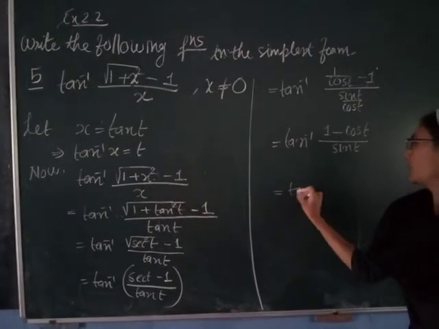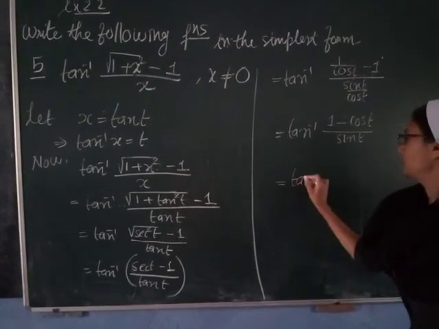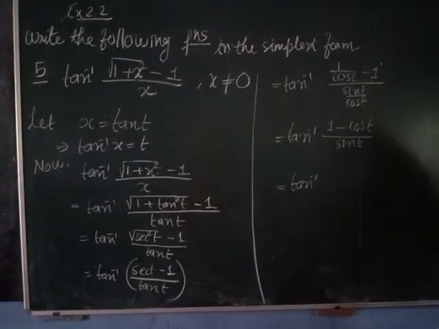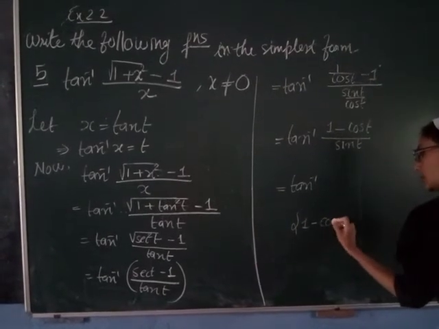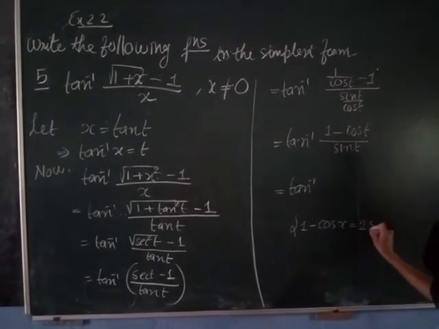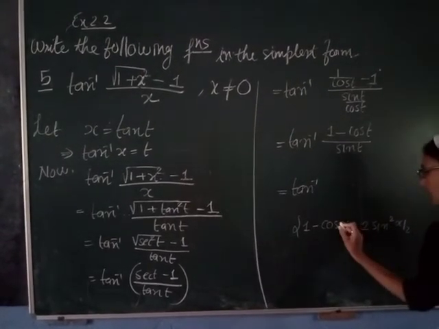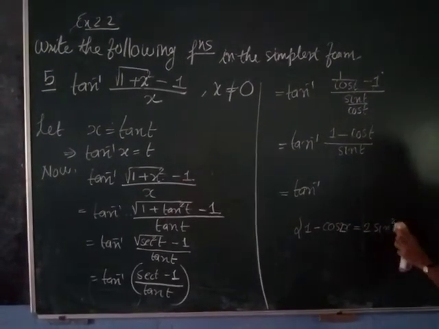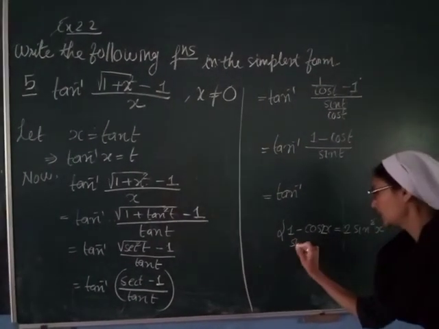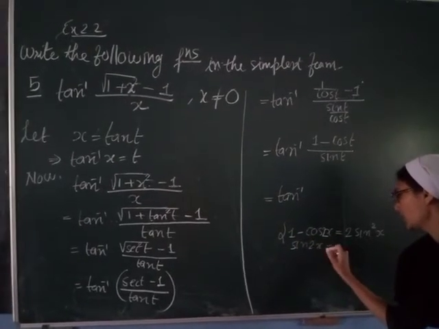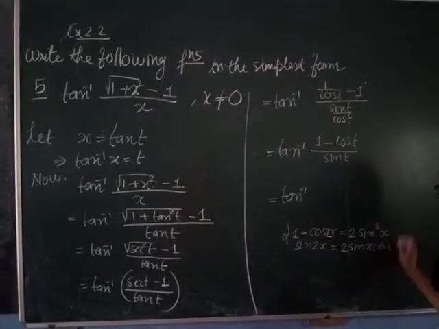I will use the formula tan inverse of 1 minus cos t. Now there is one formula, 1 minus cos x is written as 2 sin square x by 2. What you have learned is cos 2x and sin square x. This is done in class 11. And we also have learned sin 2x is equal to 2 sin x cos x. Do you remember this result?